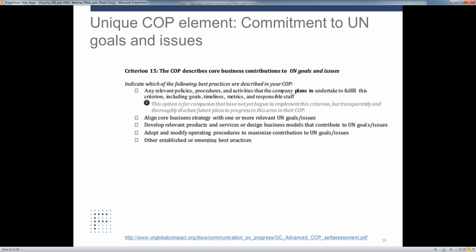Sure, and I don't presume to speak for the GRI myself, but I do know that there's a memorandum of understanding between the GRI and the IIRC as well, and that both organizations are striving to work together so that there is support for integrated reporting. I think the concept of having that strategic and financial connection is a very strong interest of theirs, and the movement towards aligning GRI-based reporting with integrated reporting is definitely something that's being worked on. So I don't think there's any definitive guidance out there right now,